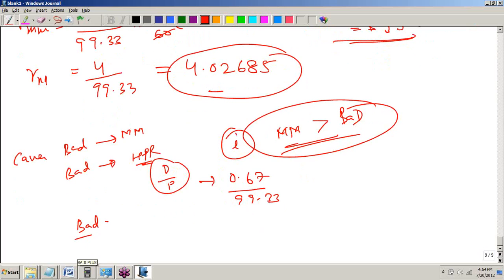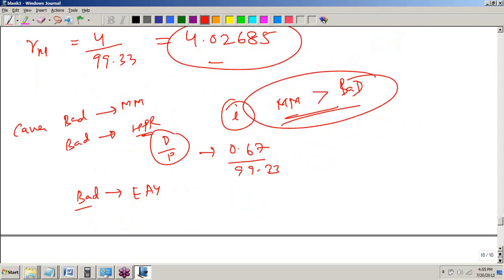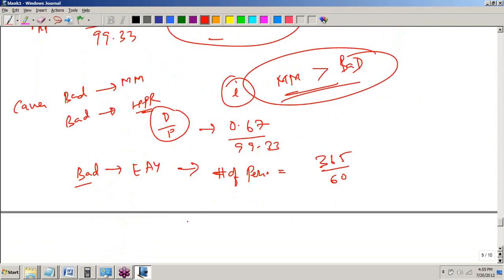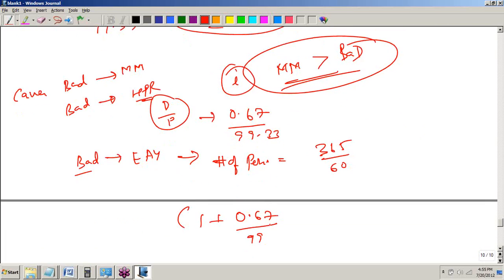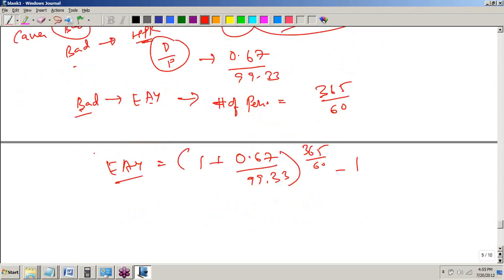If you had been asked to give the effective annual yield from BDY, you would have computed the number of periods. Number of periods will be 365 divided by 60, and you would have added 1 plus 0.67 divided by 99.33, D by P, to the power 365 by 60, minus 1. So that would have been your EAY. So you could get BDY to MM, BDY to HPR, BDY to EAY. Okay. Also you could get